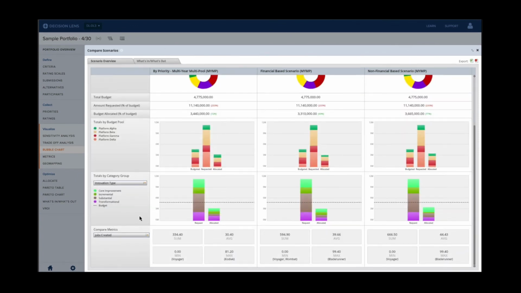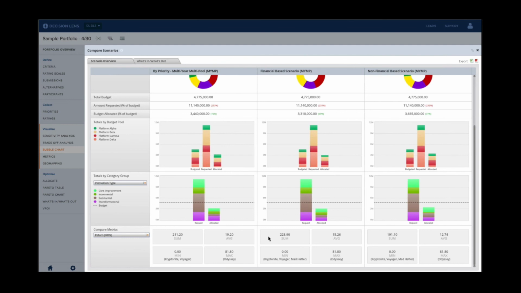But there's a new field at the bottom that tells us, for a particular metric, and I can change and decide which metric I want to use, what the overall contribution is. So you can see that for jobs created, for my multi-year, multi-pool one, this is the total jobs. For the financial-based one, this is how many, and I can see which one is giving me the highest for a particular